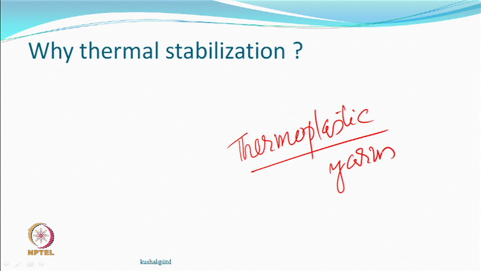In this zone, a thermoplastic yarn, whenever it is going to be heated, will shrink. A fully drawn yarn, a thermoplastic fully drawn yarn, when heated, will shrink. It should. So, what would happen? The yarn that you are giving is a fully drawn yarn, but already air jet texturized. This is not a parallel bundle of filament.